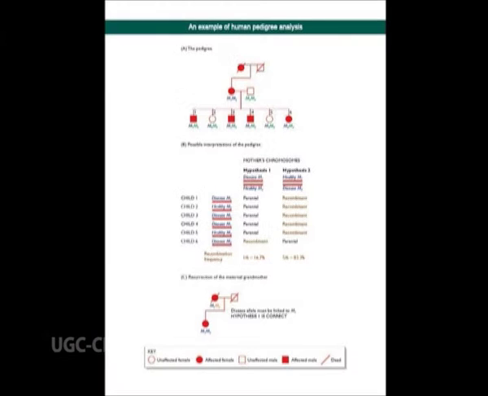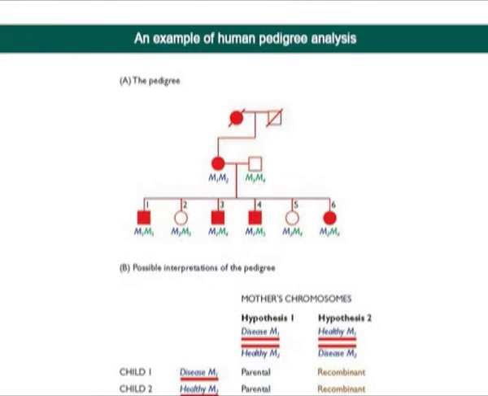For mapping the position of the gene for the genetic disease, we have to study its linkage to a microsatellite marker M, with 4 alleles M1, M2, M3 and M4, which are present in the living family members. The pedigree shows inheritance of a genetic disease in a family of 2 living parents and 6 children, with information about the maternal grandparents available from family records. The disease allele, closed symbols, is dominant over the healthy allele, open symbols.